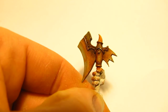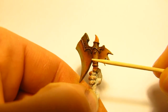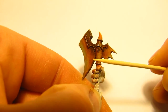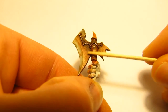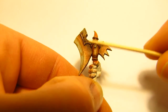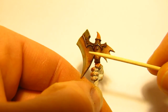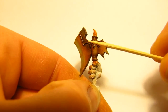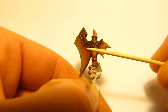And what I used with this one, guys, was the MIG pigments. There's plenty of other pigments out there if you're interested, probably even better than MIG, to be honest, guys. Down in my local gaming store, they were raving on about this other certain pigment which is far finer than MIG's, and apparently is a lot more superior. But you know, what's the point of buying them when I got MIG's already? So